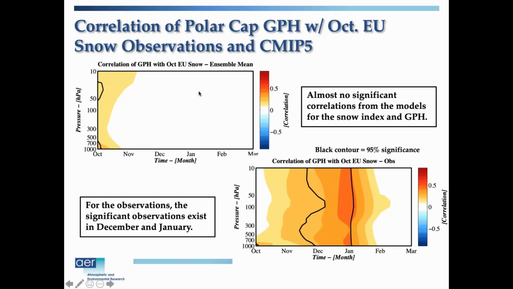There's nothing, the models show absolutely nothing. There's somewhat of an increase in the heights right at the beginning in October, but there is no relationship whatsoever with the polar cap heights. And that would be also with the AO in the winter months. At least this is the model simulations.